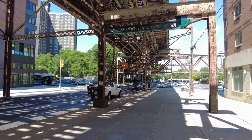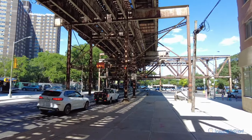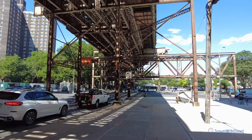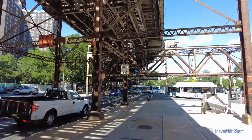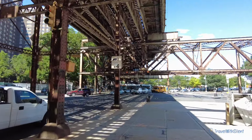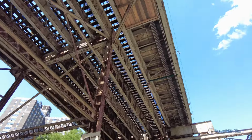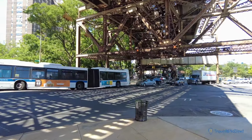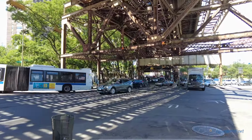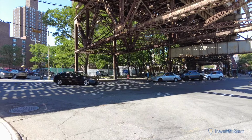What's up, everybody? It's Silent, and right now I am on West Farms Road and East Tremont Avenue, which is pretty iconic. Anybody in the Bronx knows this stop under the 2 and 5 train. As you can see, this shot right here is, in my opinion, legendary. You take a picture of this and show it to anybody from the Bronx and they're gonna know exactly where we're at. And what I'm gonna do today is